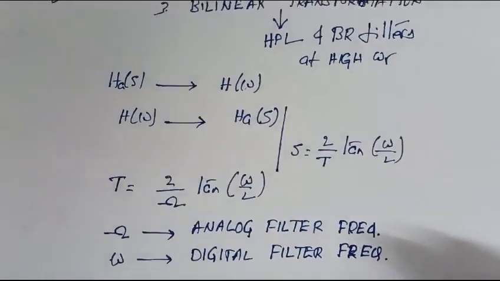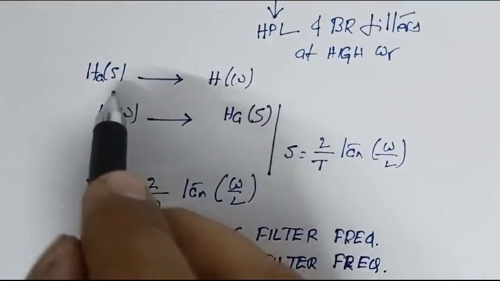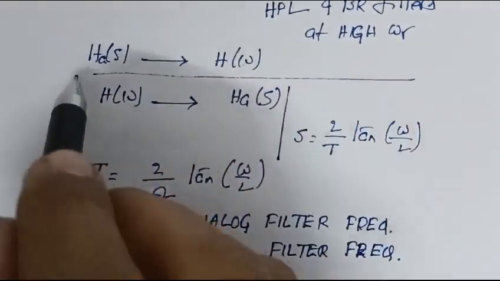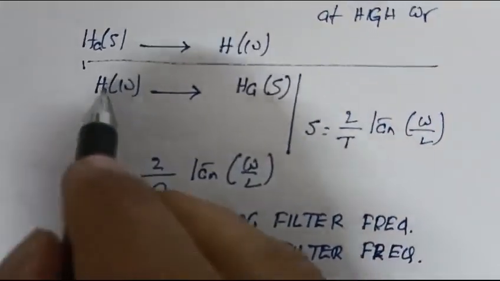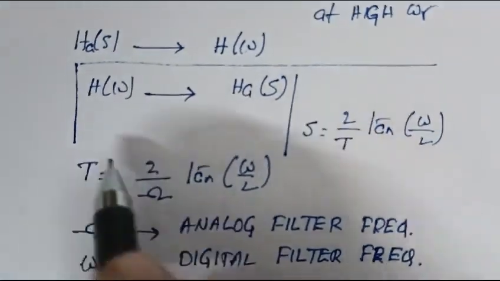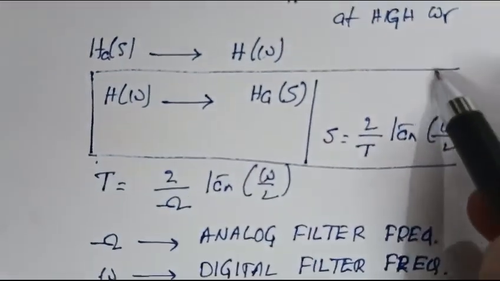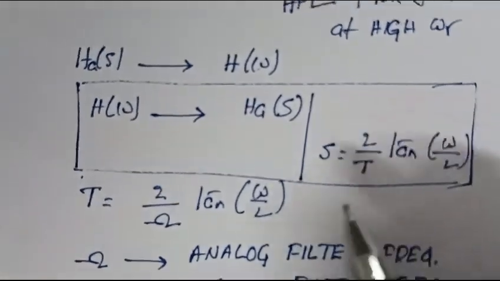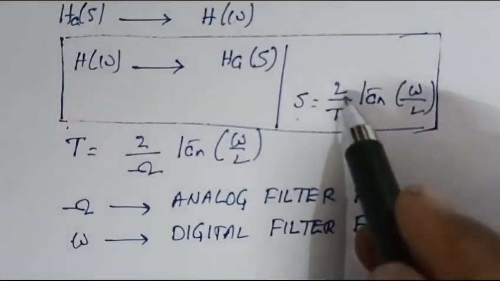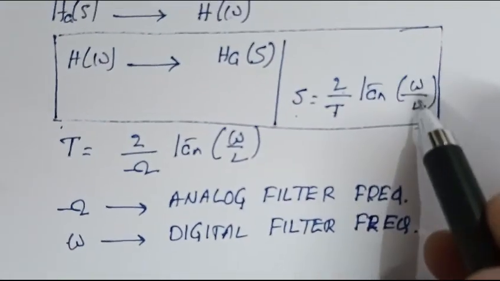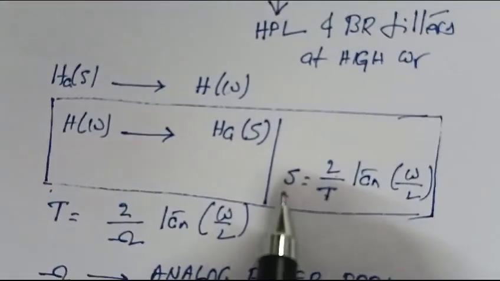See, simply by using this simple transformation, H of s, which is equal to HA of s, and s has to be replaced with the simple transformation s equal to 2 by T tan omega by 2. So using this simple transformation,